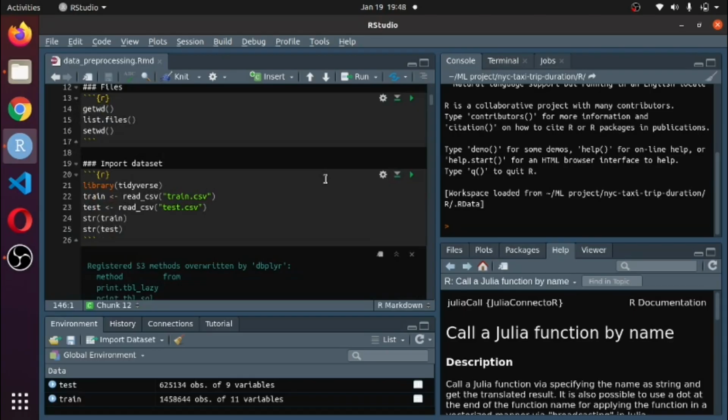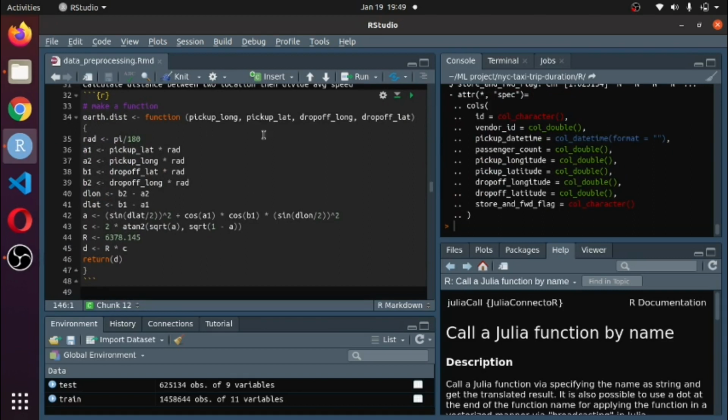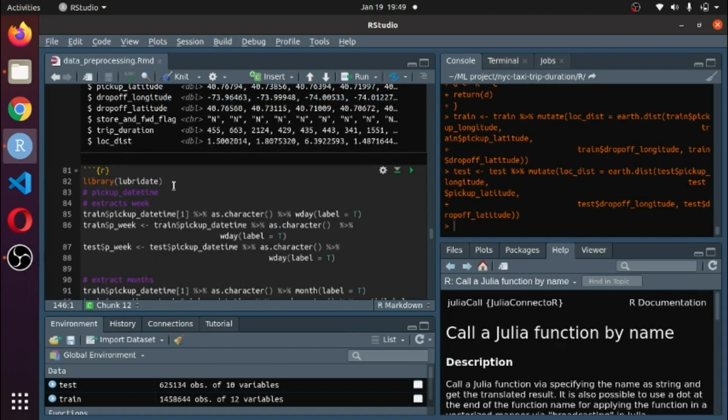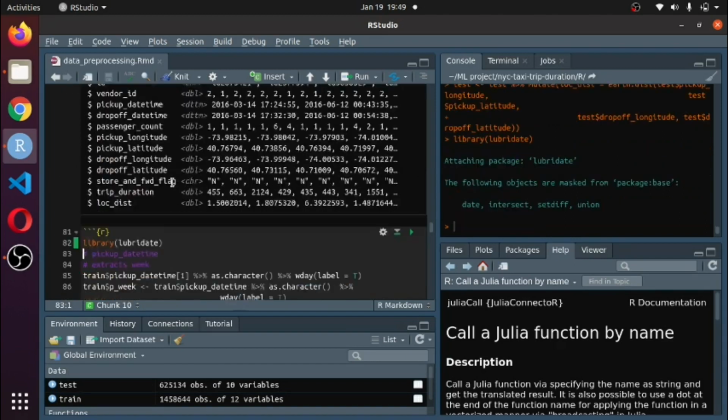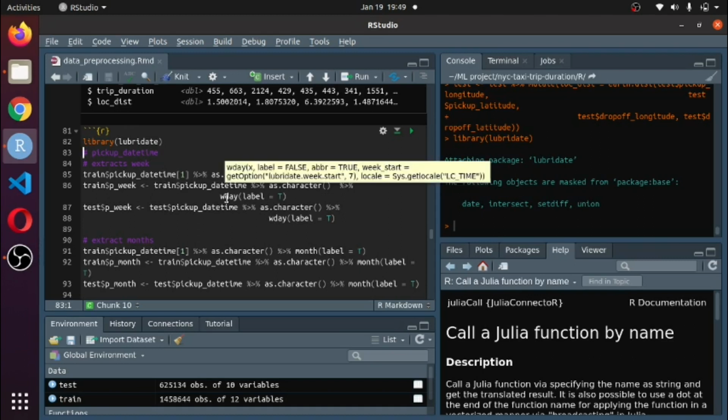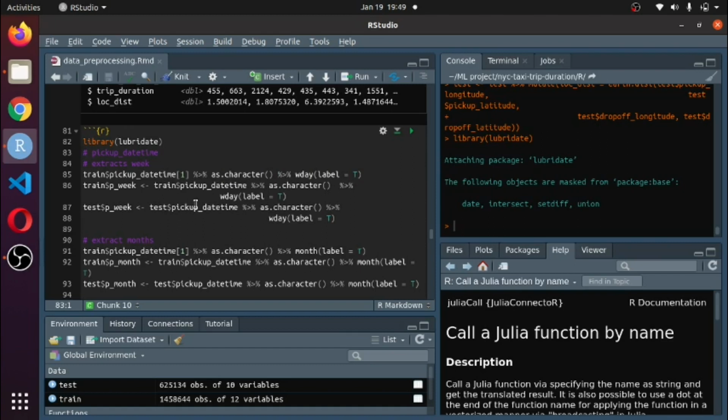First I am importing the dataset. I create a function. This function I already discussed in the previous video. Here I am using the lubridate package. So first I extract the weeks. First I am showing you how to extract the week of the first element of the pickup datetime.